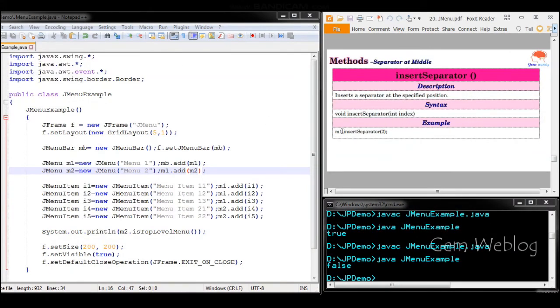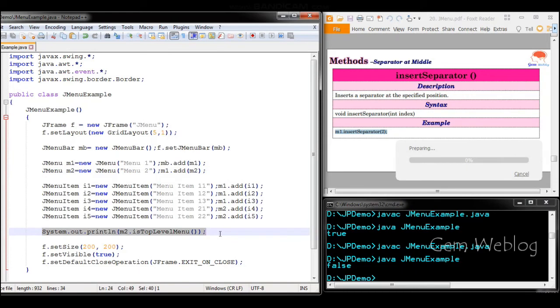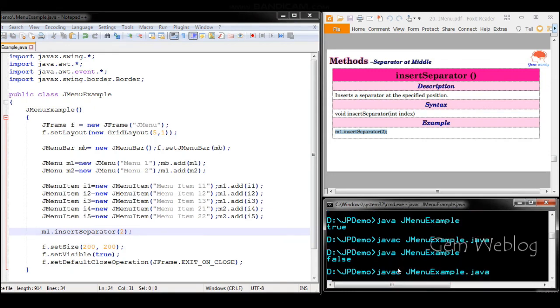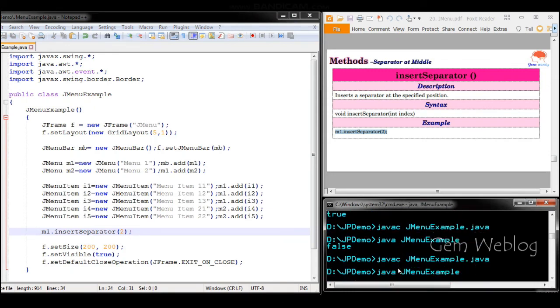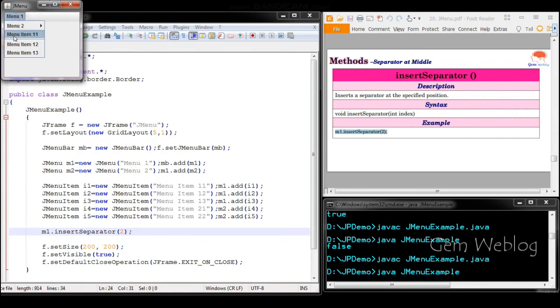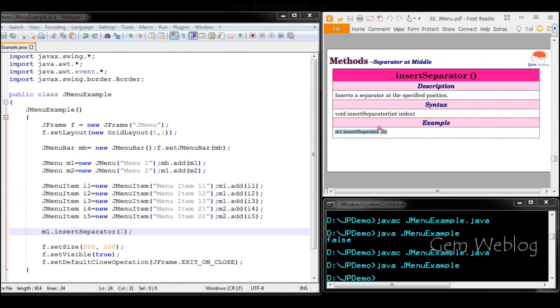Now we are going to insert the separators. I am going to insert a separator for menu 1 at index 2. Now you could see the separator has been added at index 2.